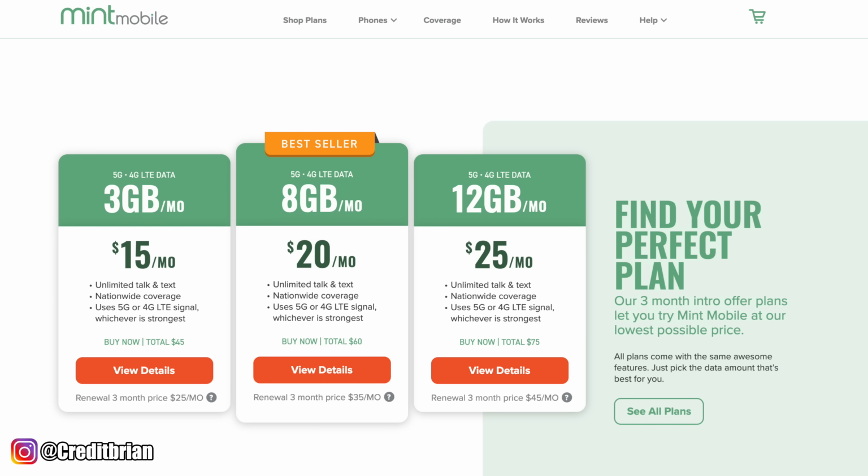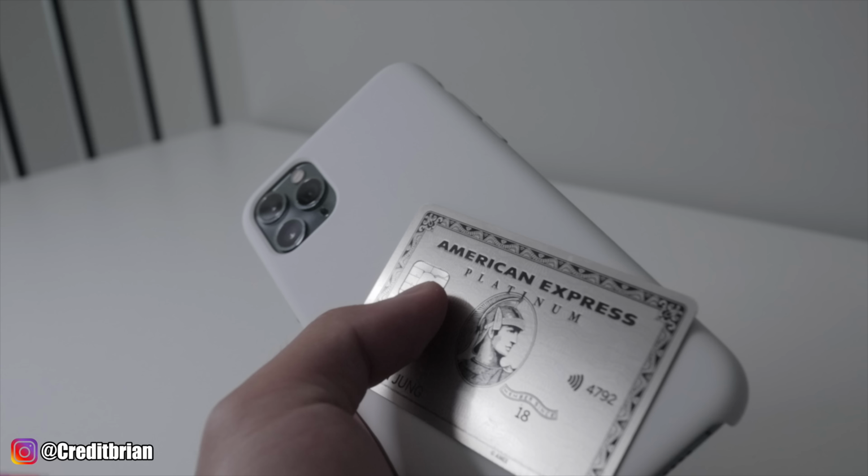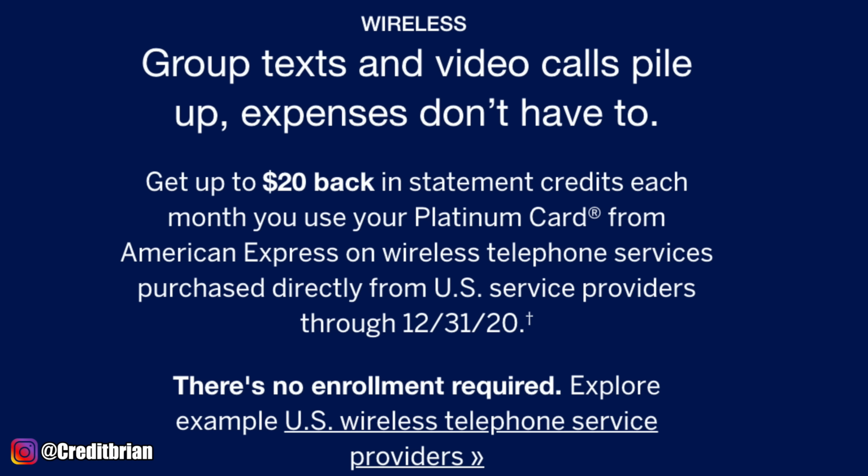So Mint Mobile, I think, is like $25 or $30 a month, which is pretty insane. If you guys want to go with someone like Verizon, I know your cell phone bill can go up to 80, 90, even more than that, depending on what plan you have and how many people you have added onto your plan. So I've been using Mint Mobile. This costs me, I think, $20, $30 a month. The Platinum Card offers me that wireless credit, so I'm pretty much getting free cell phone service every single month